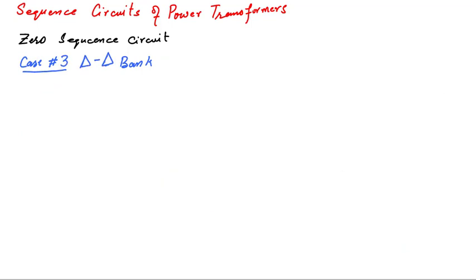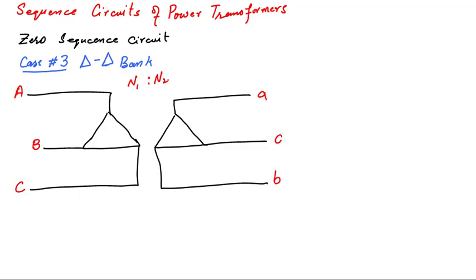Case number 3 is a delta-delta transformer bank. Here we have a three-phase diagram of a delta-delta transformer. In these three phase currents on the high side as well as on the low voltage side, zero sequence current cannot exist in these three line currents on the high side and three line currents on the low side. And we have already explained that zero sequence current cannot exist. Here an important thing about this delta-delta connection: if due to any reason a zero sequence current gets induced inside a delta, then the zero sequence current can exist inside the delta in terms of a circulating current like this. That zero sequence current will circulate within the delta because it is equal in magnitude and phase.